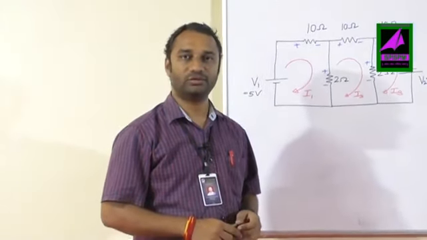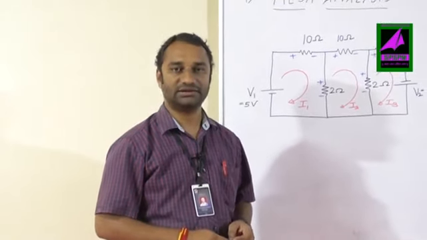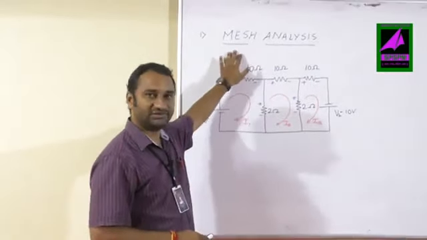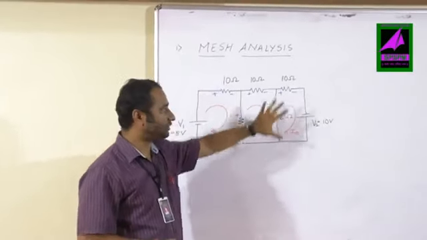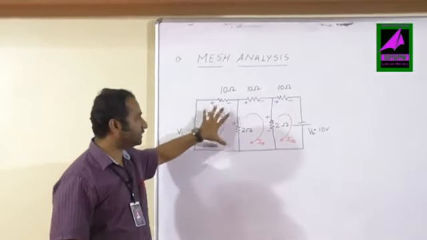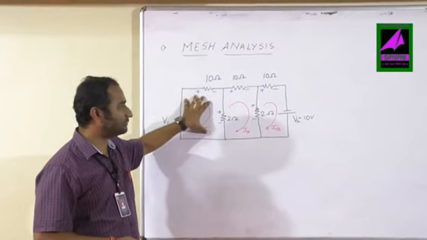So today we are going to understand the concept of network theory and analysis, and that concept is mesh analysis. First we will try to understand what a mesh is, and then we will try to understand how we analyze a given problem by using mesh analysis. Mesh is the smallest loop that can appear in any closed circuit. So the smallest loop can be called a mesh.